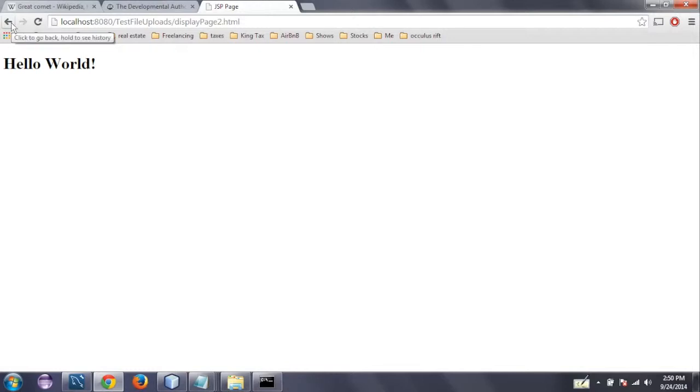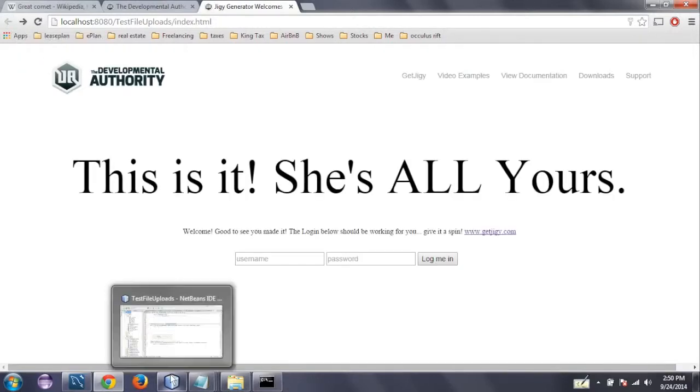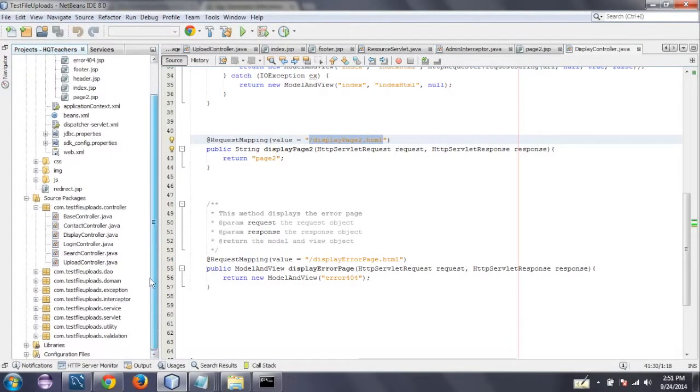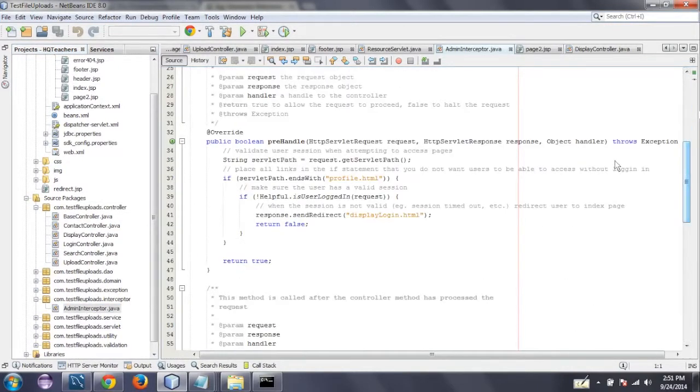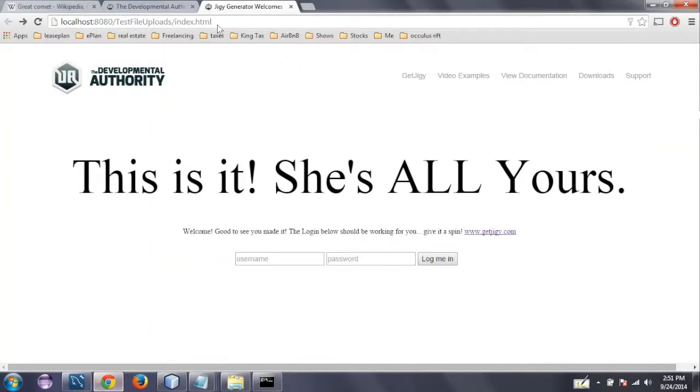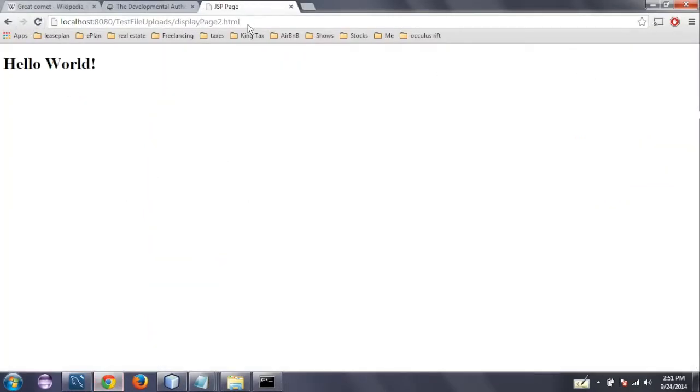Now I'm going to show you how to protect this page. This is a cross-cutting concern in all applications that have login. You want to be able to protect pages when users aren't logged in. You don't want them to be able to, for instance, get to their profile page, right? So what this code does is it checks the servlet path, that URL, and it looks for, does it end with profile.html? So what we're going to do is we're going to say, hey, does this servlet path end with display page2.html? So let's grab this, display page2.html,